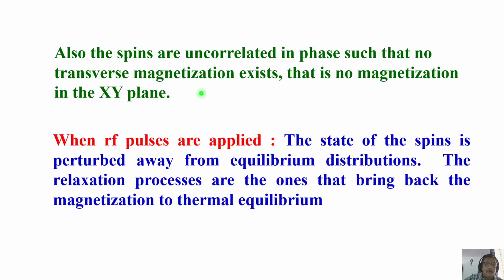Now, that is one natural situation as soon as you put the sample in a magnetic field. It attains thermal equilibrium, and we discussed what the transition probability between two energy states is, and we understood that our assumption is that W beta alpha should be larger than W alpha beta for developing net magnetization. Correct.